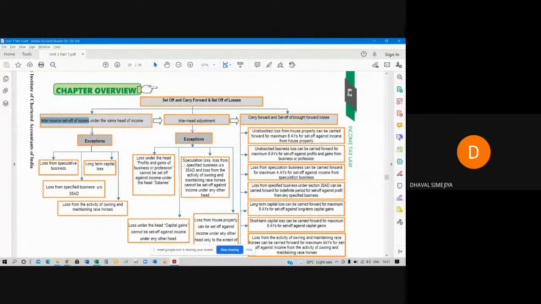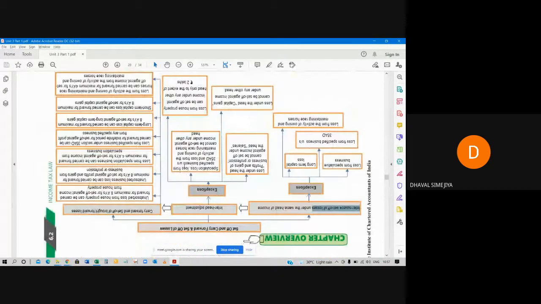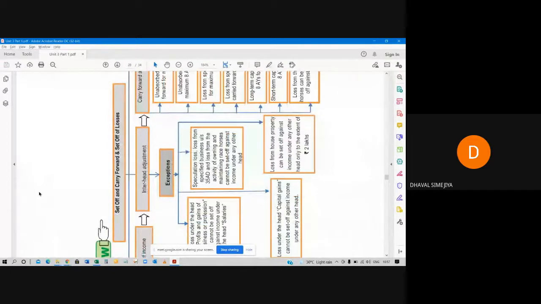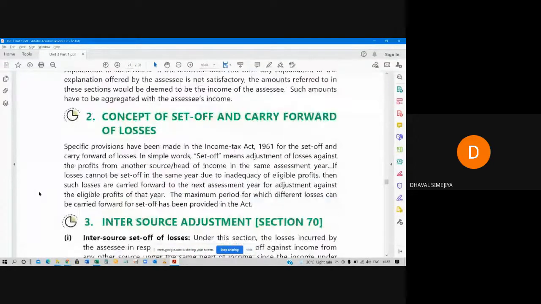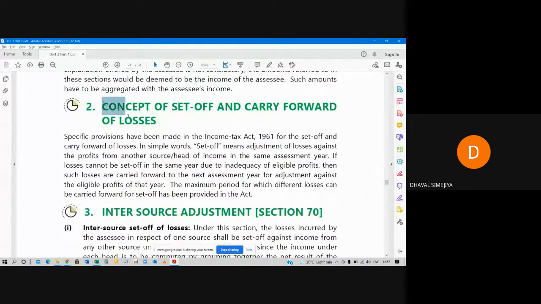Let's discuss one by one. There are so many things to learn. Well, the concept of set off and carry forward of losses. Specific provisions have been made in the Income Tax Act 1961 for